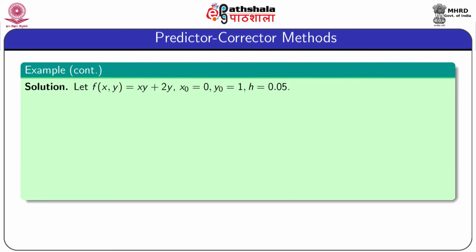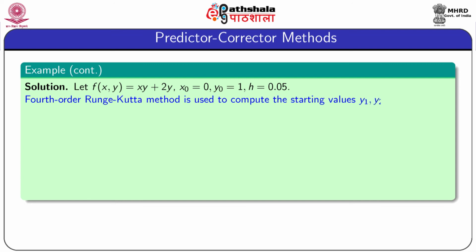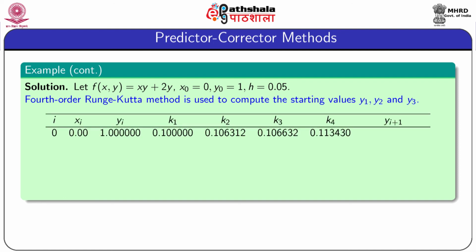Here f(x,y) = xy + 2y, x0 = 0, y0 = 1, this is the initial condition, and h is taken as 0.05. Now, the fourth order Runge-Kutta method is used to compute the starting values y1, y2 and y3. The first row determines the value of k1, k2, k3 and k4, which are the parameters of the fourth order Runge-Kutta method, and the value of y1 is given by this expression, that means the value of y1 is equal to